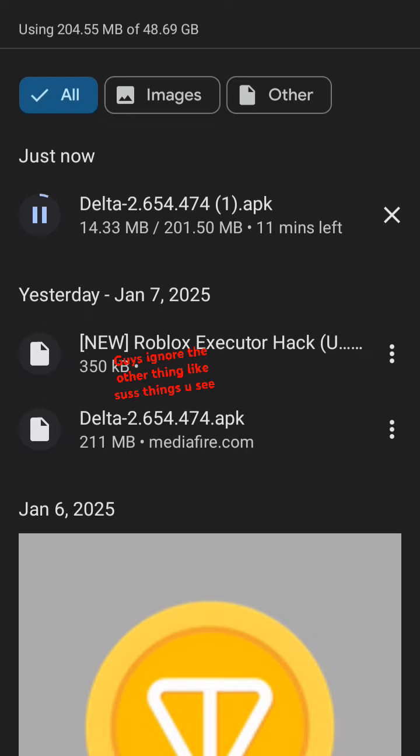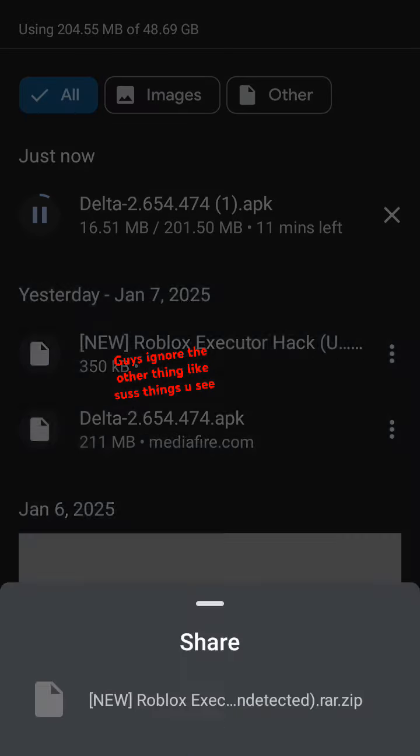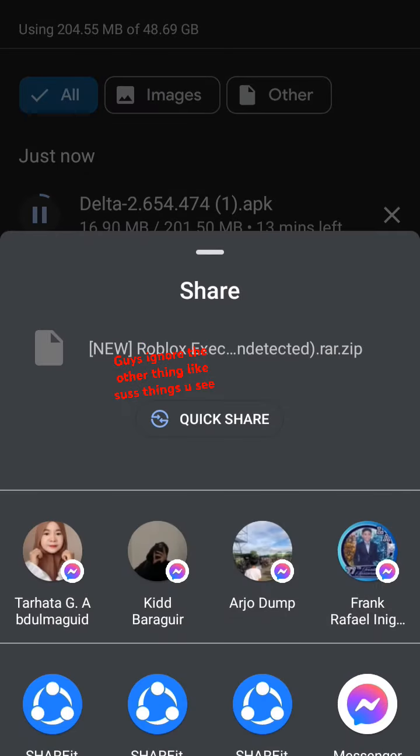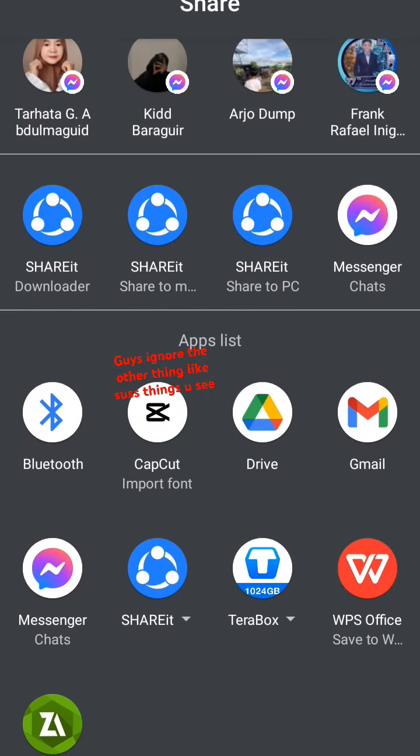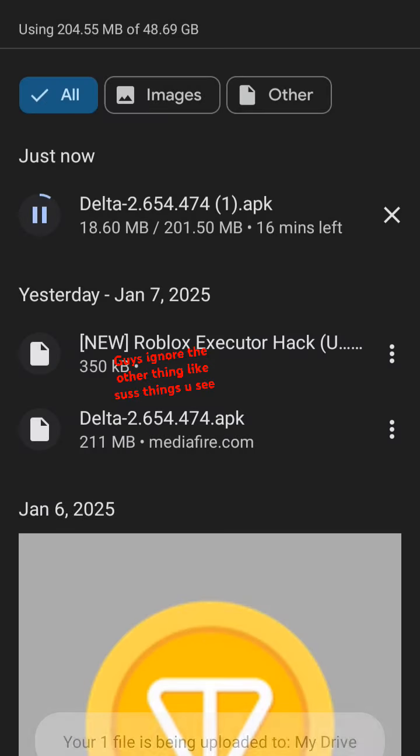And guys, if you're wondering what this is, it's the Delta Executor for PC. So I'm just going to put it on my drive, browser, drive, save. Now let me save that.